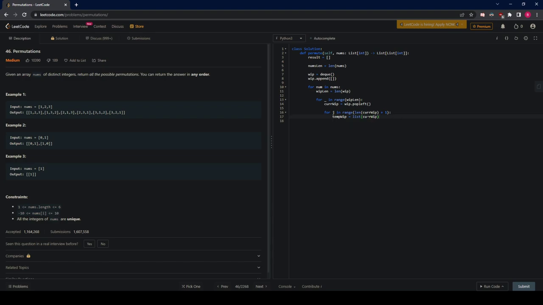We're literally just making a copy of the current whip right now. And then we do temp whip dot, sorry, not dot append, dot insert at index j. We want to insert the current number we're looking at, num, right here. And then if the length of temp whip is equal to nums len, so that's where we use this variable